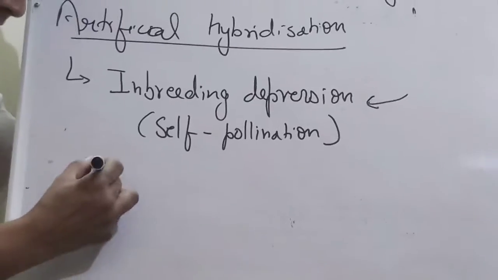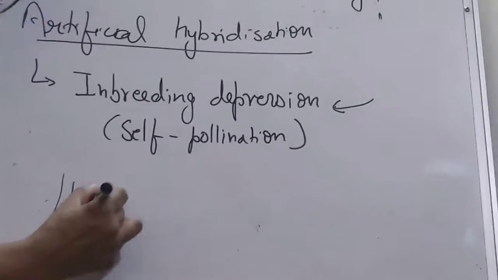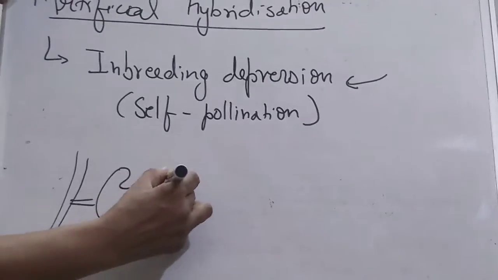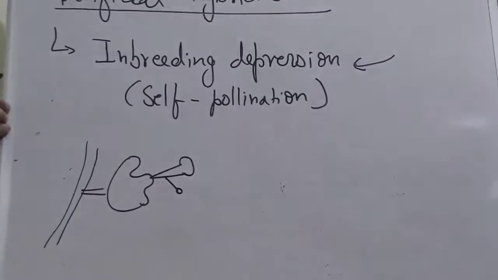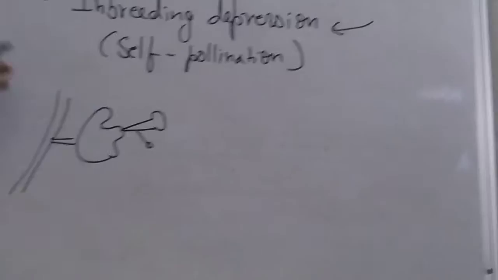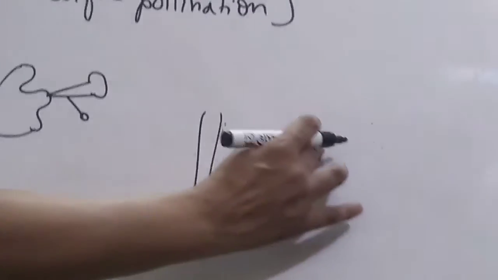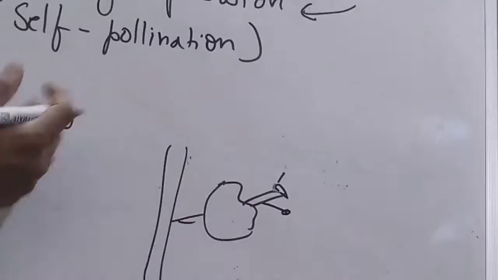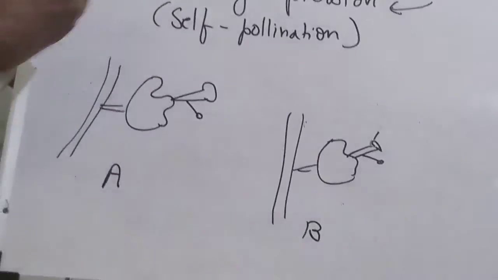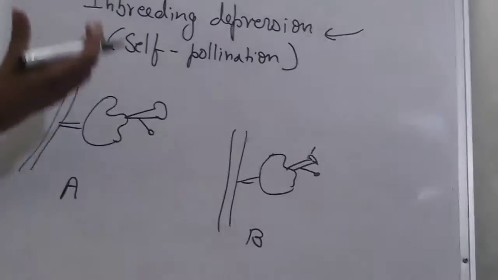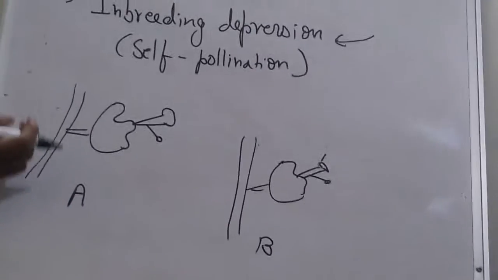Let me show the first diagram. There is one flower, and this flower has the characteristic of self-pollination. This is plant A, and this is plant B. Both have their special characters. Now the farmer wants to cross them for a better yield, meaning a hybrid, mixing the characters. How is it possible? It is possible by a special process called